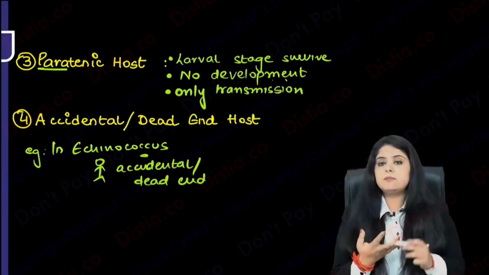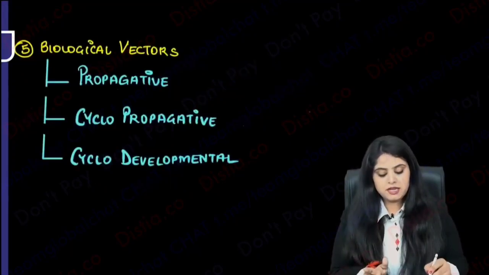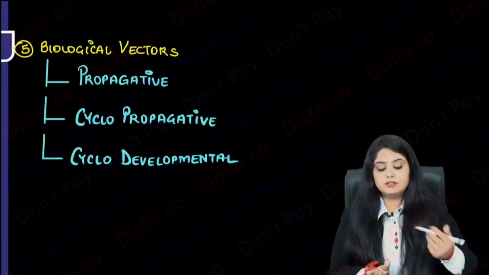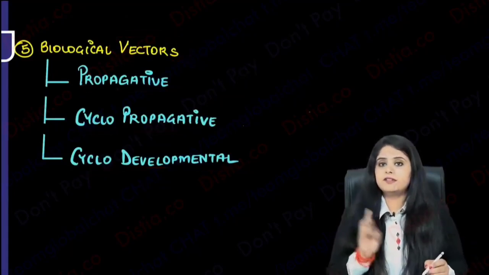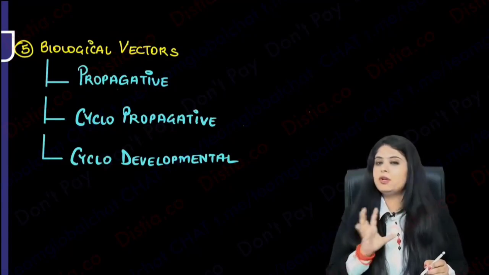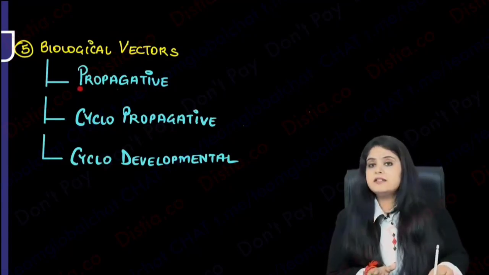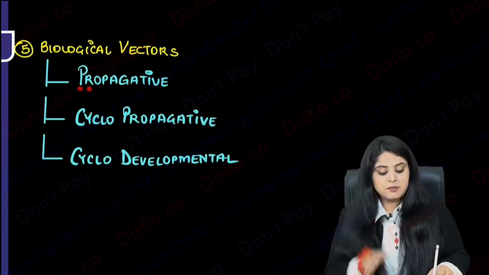Definitive, intermediate, paratenic, accidental. Now we come to vectors. Vectors are the things which are transferring the organism. First look, I can see a lot of words written: propagative vector, cyclopropagative, cyclodevelopmental. I want you to learn something. A propagative vector is the vector in whom